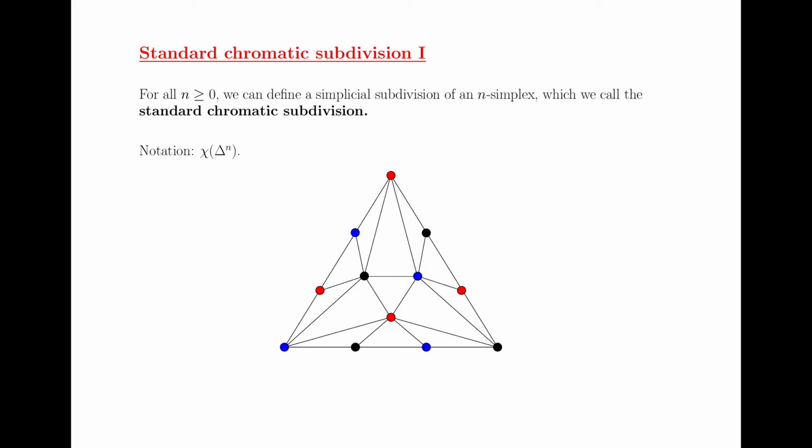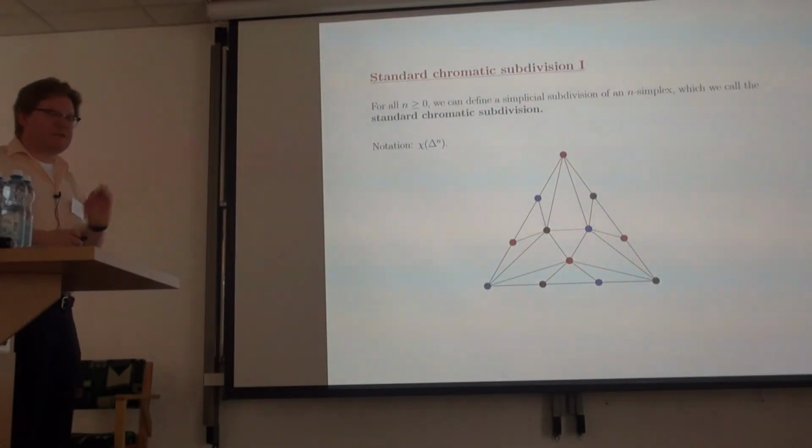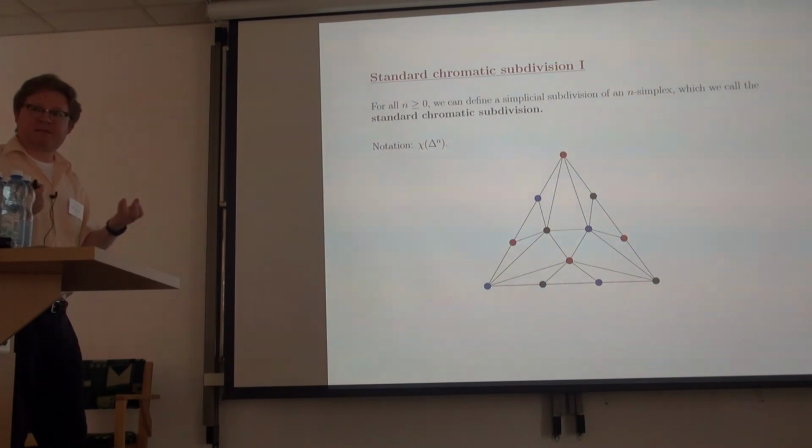The second condition is that on each edge, the labels are coherent, which means if I read the label starting from here, going there, along this edge, I'm reading the same sequence as reading from this vertex to this vertex, and the same sequence as going from this one down. So in other words, I could just put the labels on one edge and then on the other two they would automatically be implied. And the last condition is that there is no triangle where all the labels are the same. That's the question. Does there exist such a t number of subdivisions so that this is true?